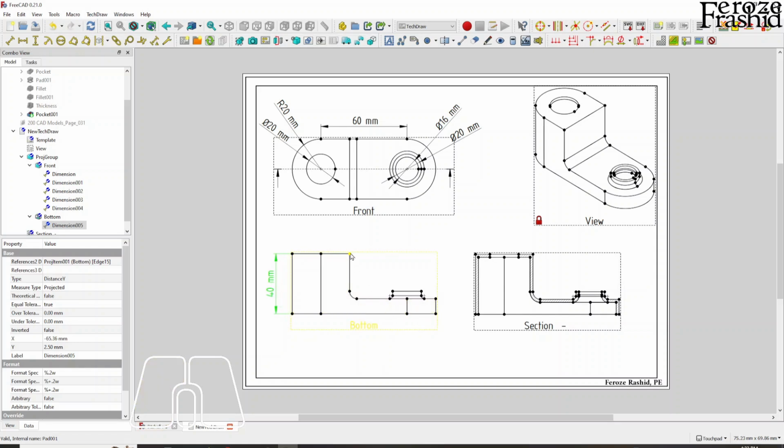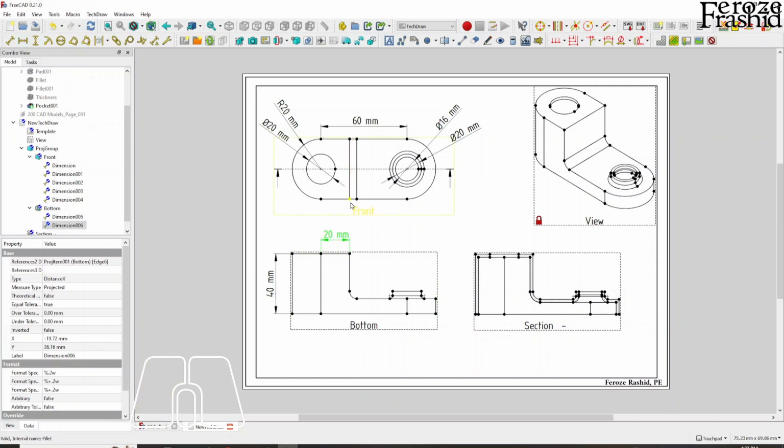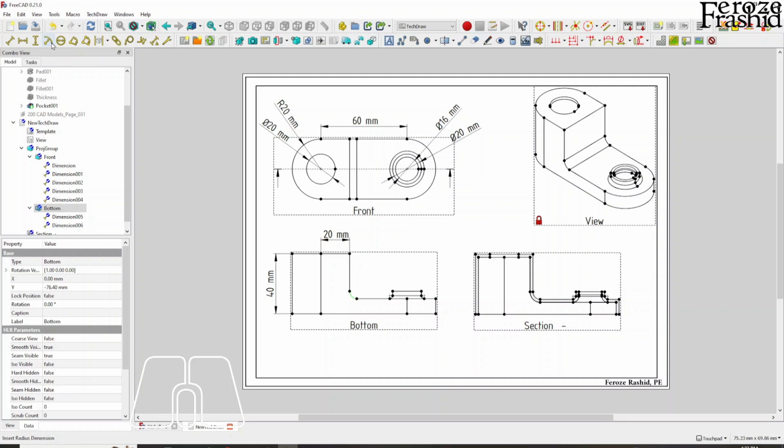How about this length? The length between this point and, I'm going to say this point, so this line, the length is 20 millimeter, which is important. That's where this breakdown starts. This fillet is,